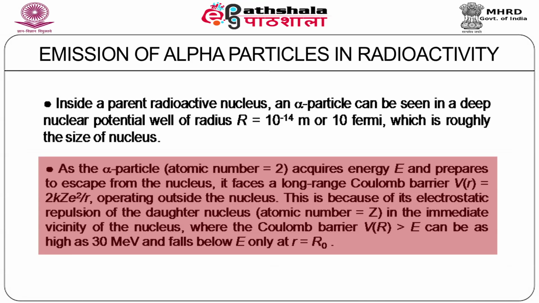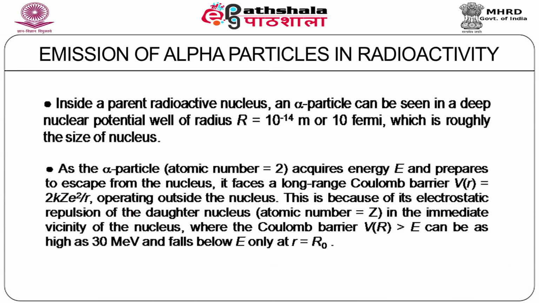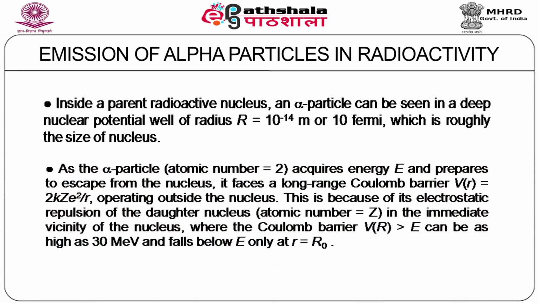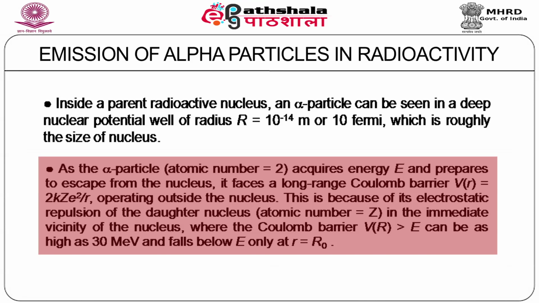So this is a very important point, that the escaping alpha particle faces a non-rectangular Coulomb barrier as soon as it comes out of the nucleus, and it has to tunnel through this barrier, for which we want to find out what is the tunneling probability. That will give us the rate of alpha particle emission and also the half-life of the